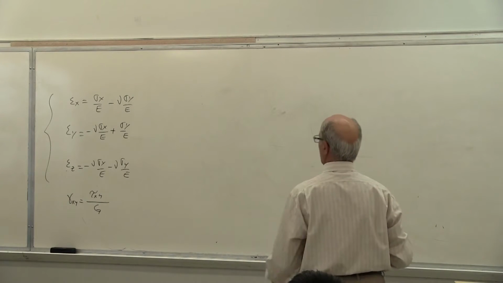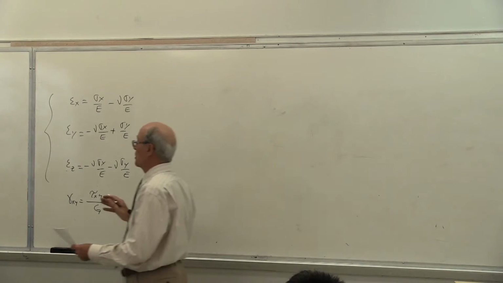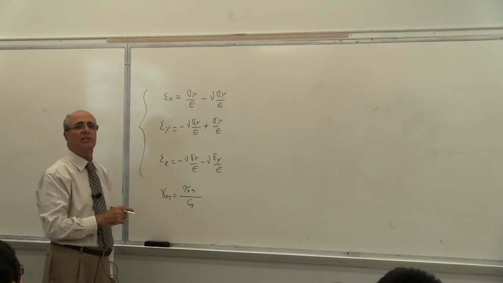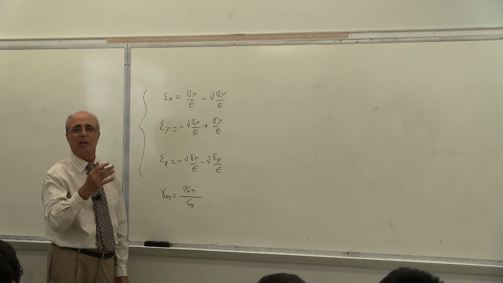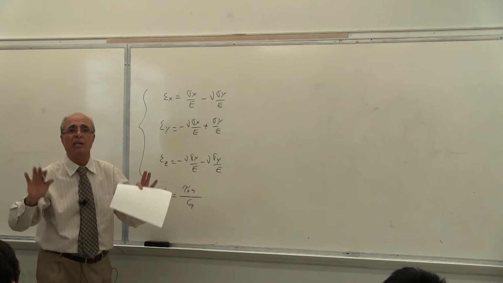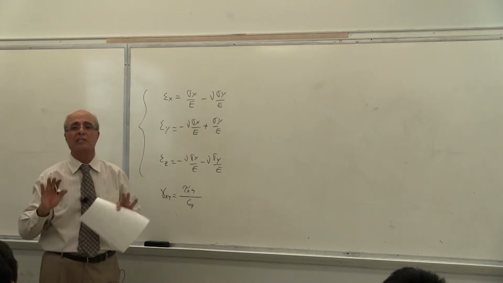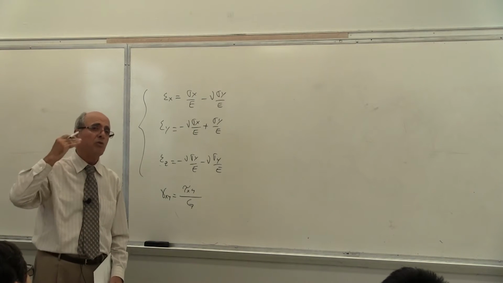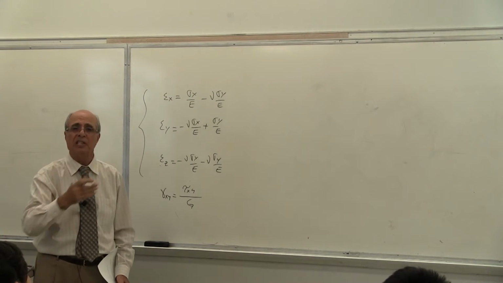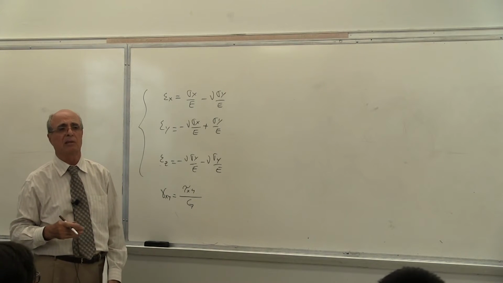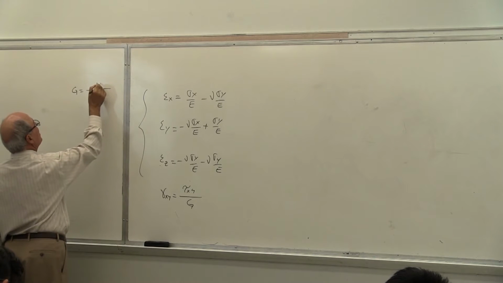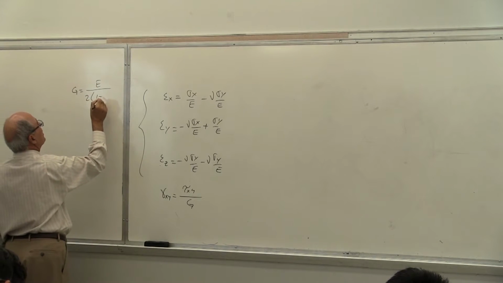By the way, there was another formula, as a refresher, your reminder. There is a relationship between E, G, and nu. Remember that equation? As long as you remember there is an equation, you don't have to remember the formula. I never want you to memorize the formula; you have to recall there is a relationship between these three. Is that correct? And that relationship, I put it here: G is equal to E over 2 times (1 plus nu).